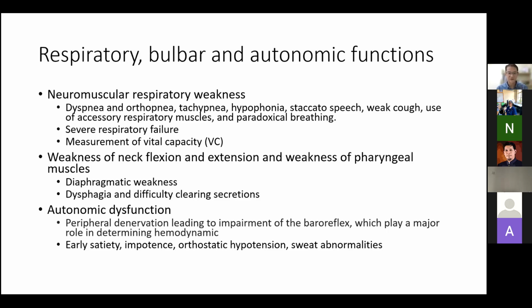You know that the diaphragm is going to be weak. So these are the patients that are potentially going into respiratory muscle failure. And those with pharyngeal muscle involvement, meaning that they cannot clear the secretion, they have dysphagia, they're going to have salivary pooling, and these are the group of patients that might go into a very fast deterioration in terms of